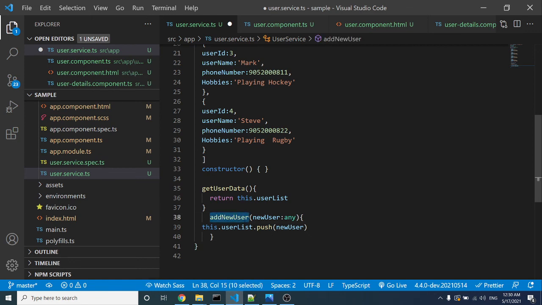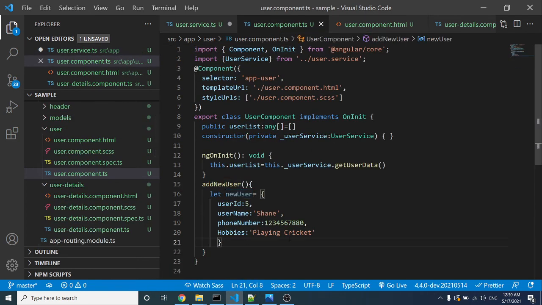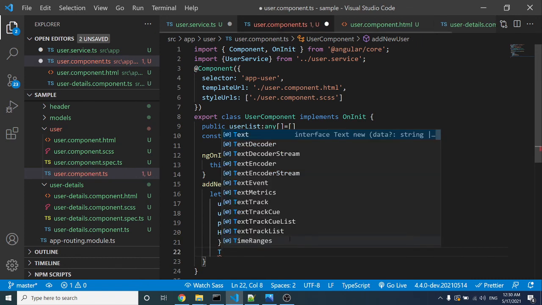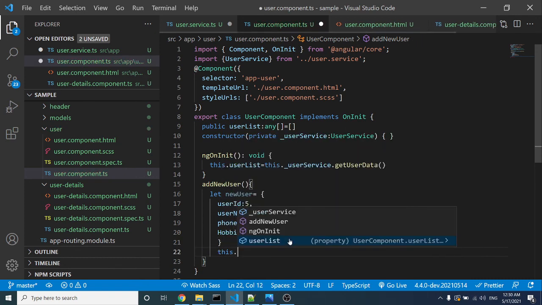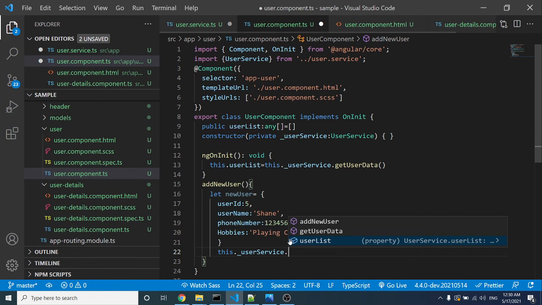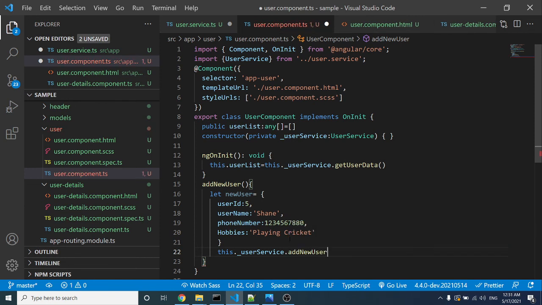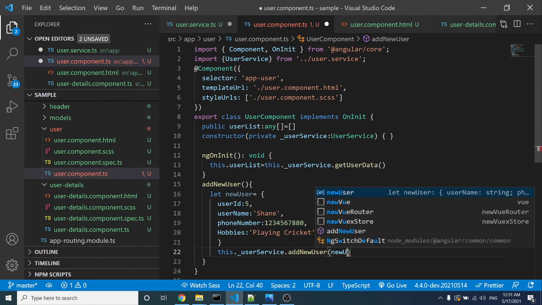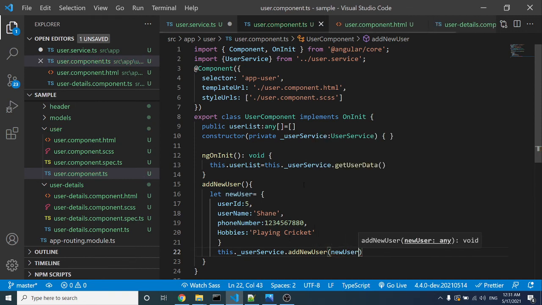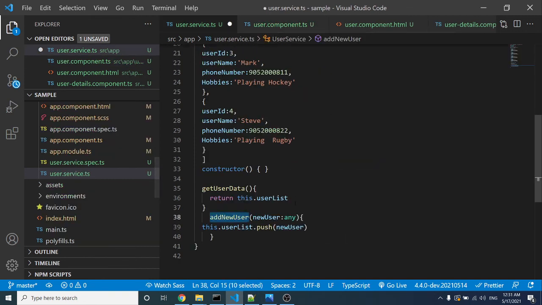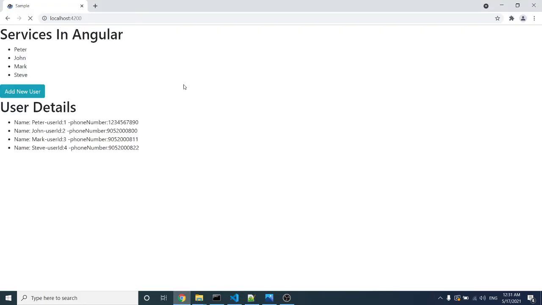So we need to call this addNewUser from the component: this.userService.addNewUser and pass the user. Let's save the service file and go to the browser.